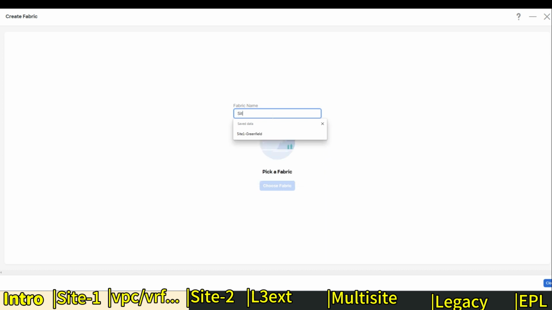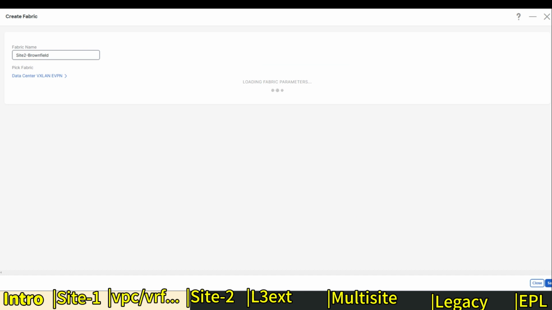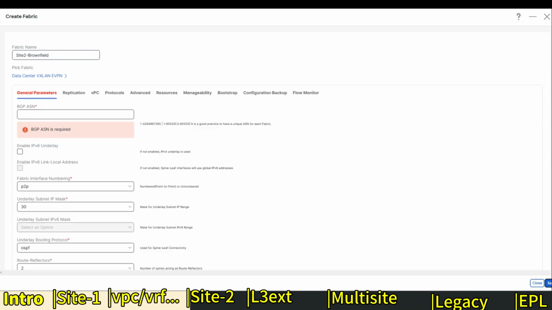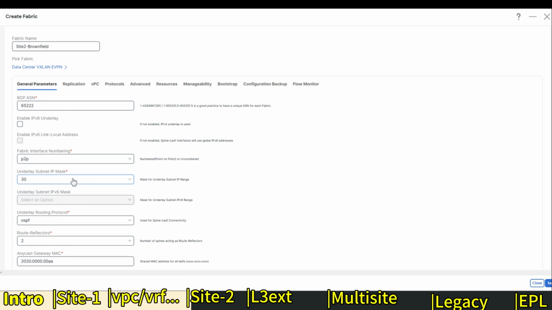The name is site 2 brownfield. I'll choose fabric. It's the same as Datacenter VXLAN EVPN. Select it. Save. Let's not save it yet. Then the general parameters. I will need an AS number. 65222 is my AS number for site 2, and we're going to go